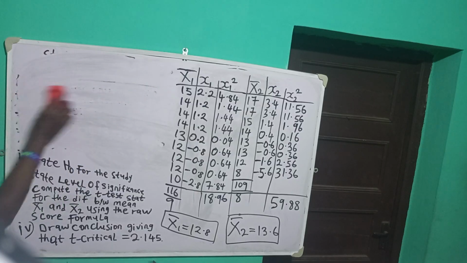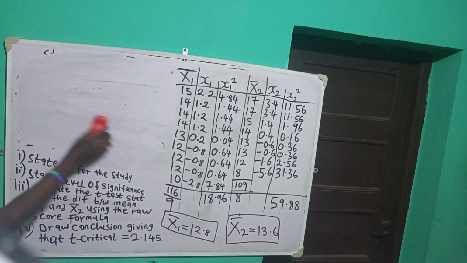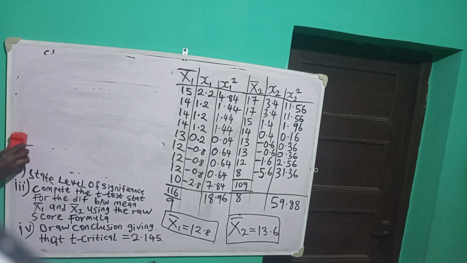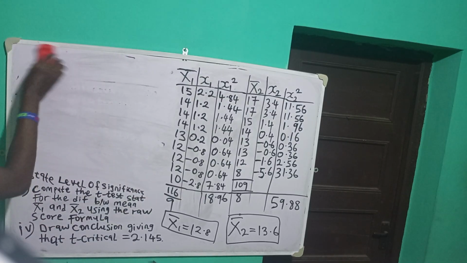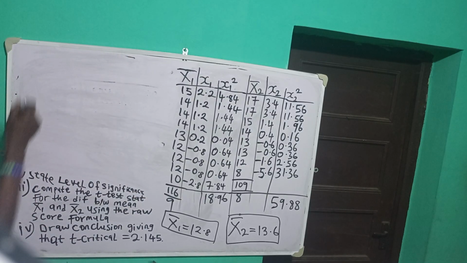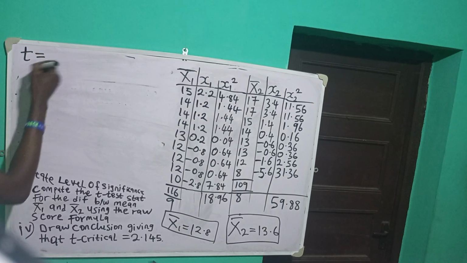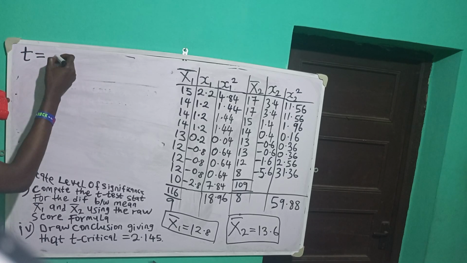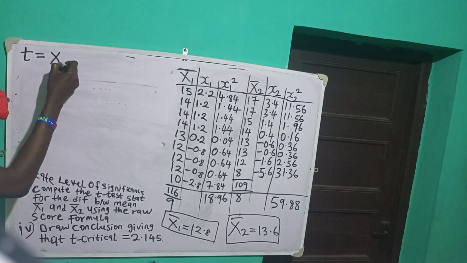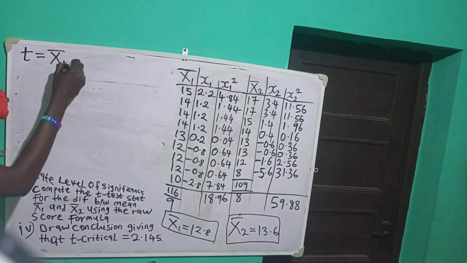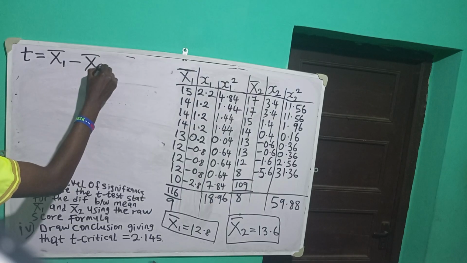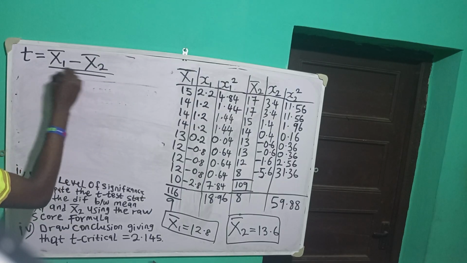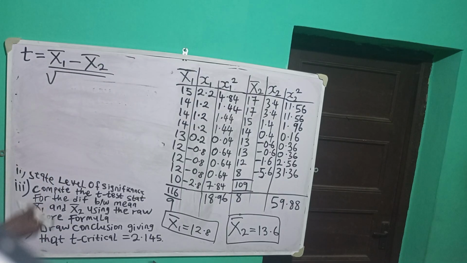Now, and also clean this and clean this. So I'm going to use the raw score formula to do this. The raw score formula says that t-test is equal to mean 1 minus mean 2, divided by the square root of